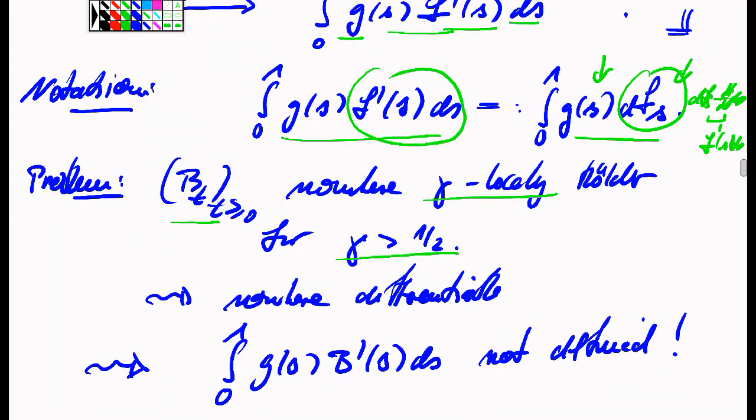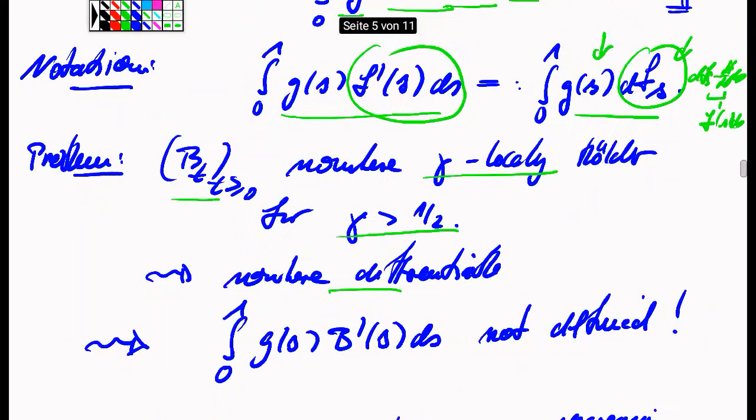In particular, Brownian motion is nowhere differentiable, because otherwise it would be locally even Lipschitz continuous, so it would be Hölder continuous with Hölder parameter gamma equals 1. But that is in contradiction to our previous finding that Brownian motion is nowhere locally Hölder continuous, for instance, for Hölder parameter gamma 3/4. So therefore,